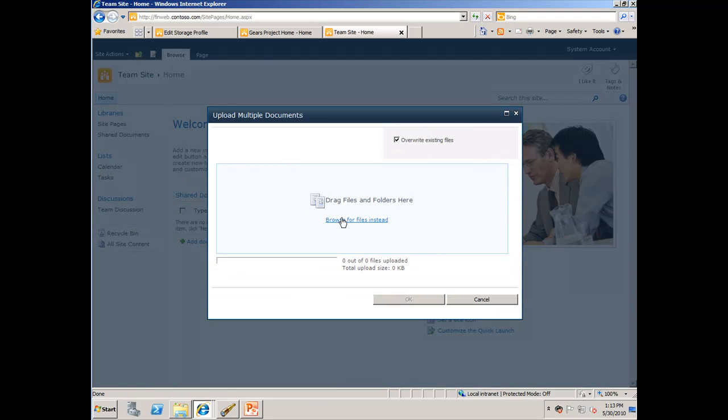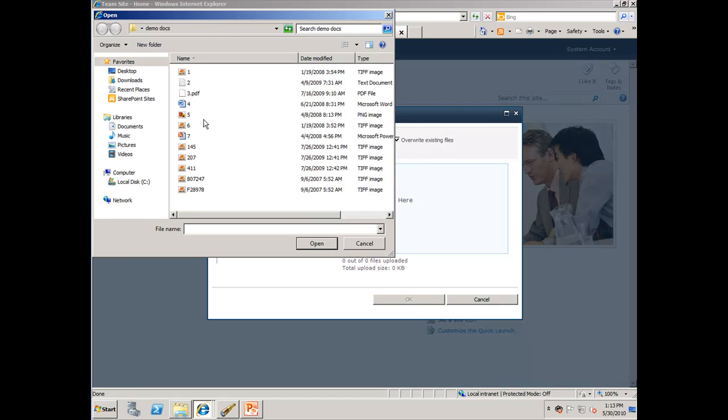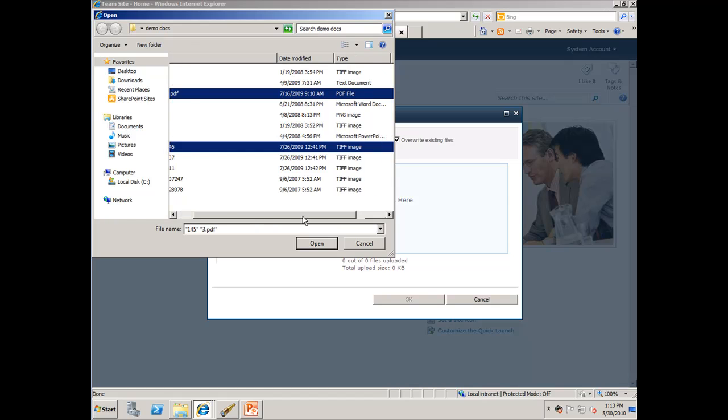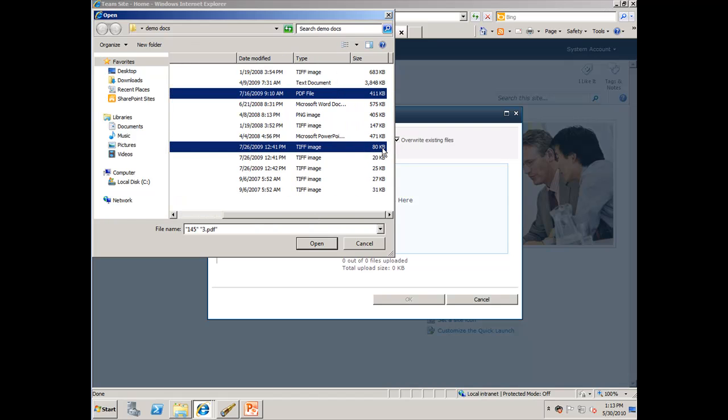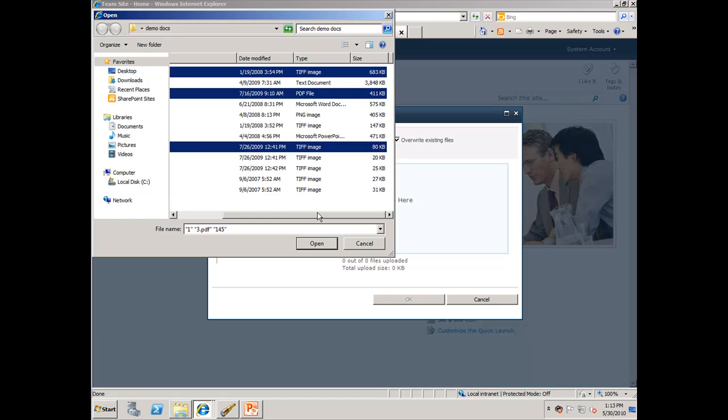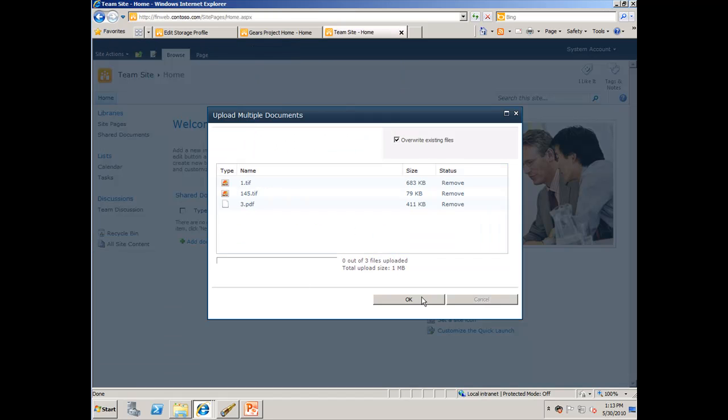I'm going to grab a PDF. I'm going to grab a small file. So here's a PDF. I've got a small TIFF here, 145. You can see it's 80 kilobytes. And then I'm going to go grab this big TIFF up here, 1.TIFF, which is 683. So that should go to the third endpoint. I'm going to go ahead and upload all 3 of those. All 3 files